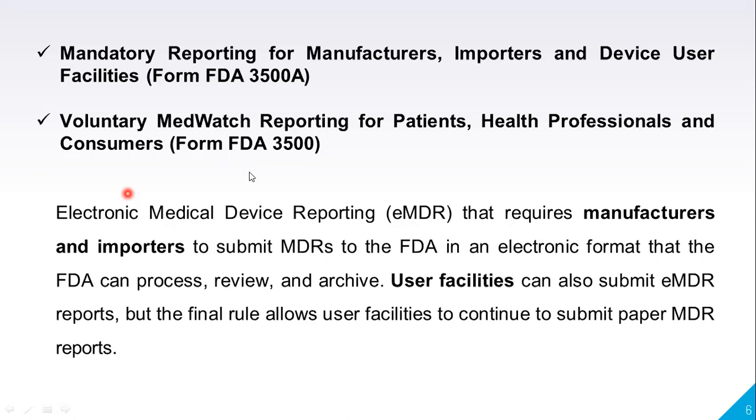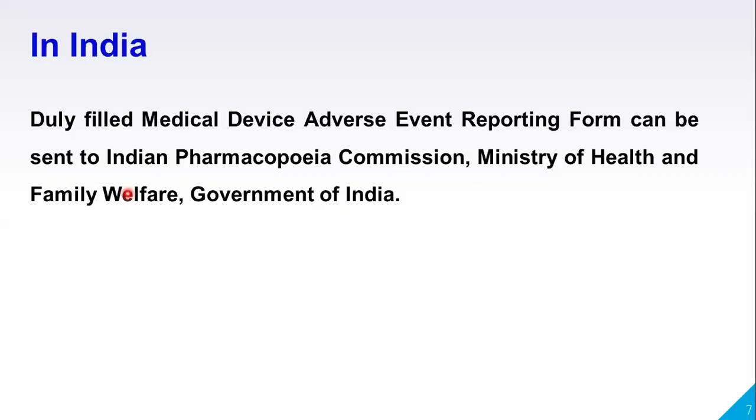They can also submit the medical device reporting form, and sometimes they also use the hard copy, because sometimes it is consumers, that means the ultimate end user, and sometimes it is not possible to know everything to submit online, so they can also use physical forms, that is hard copies, to submit. So throughout the world, that is electronic submission, eMDR to the FDA as per 21 CFR Part 803, by using the application forms 3500A and also Form 3500.